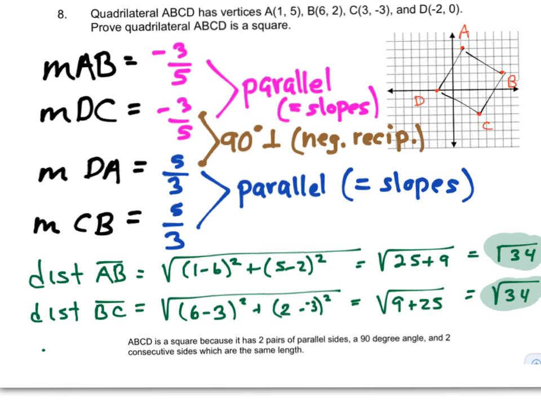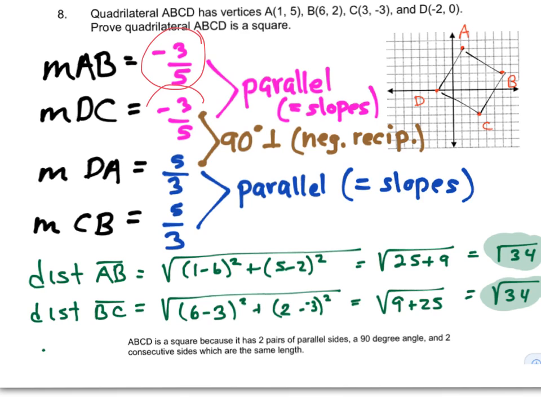So here's a coordinate proof with regular numerical coordinates: (1, 5), (6, 2), (3, -3), and (-2, 0). You see I have that plotted over on the grid, and it does appear to be a square, but we're asked to prove that it is a square. And the way I went about that, in short order here, I found the slope of AB to be -3/5